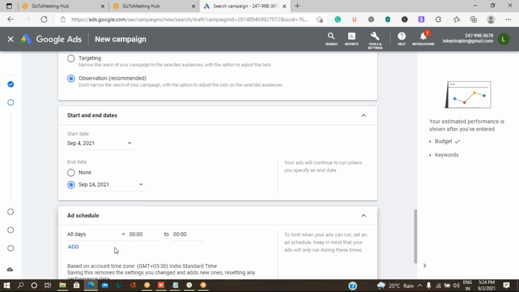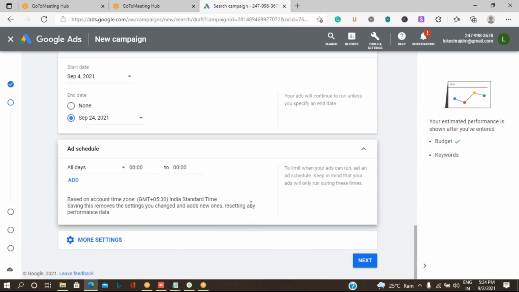Suppose if you are ready to run your advertisement at all timings, you can select it as all days. Okay, so let it be. With these details, click on the next option.